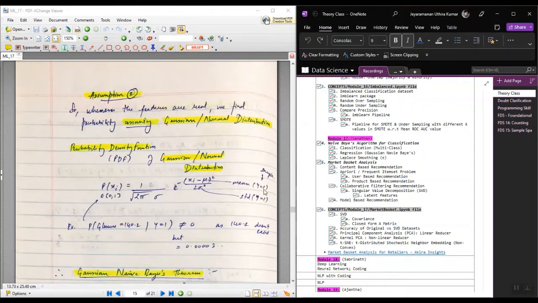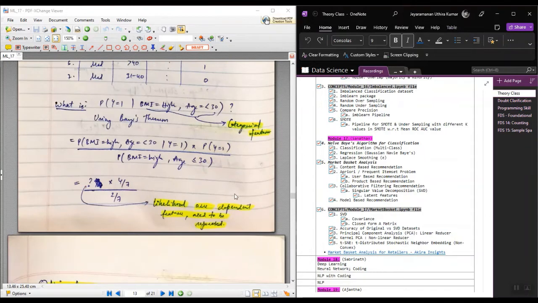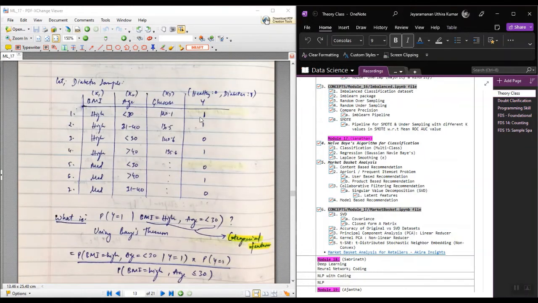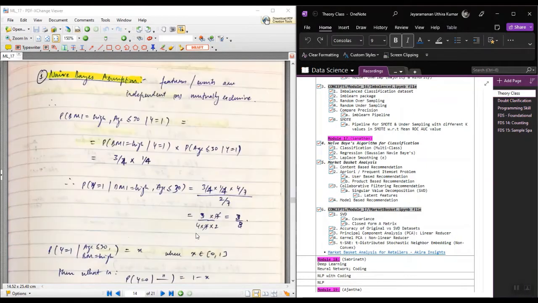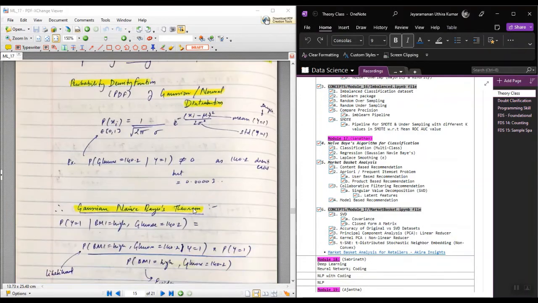Okay, if you ask, say, what is the probability that it is a diabetes patient? Diabetes patient means only those samples, say 1, 1, 1, whichever are 1, only those glucose samples will be taken, and the mean of those samples will be used here, and the standard deviation will be used here. Okay, so in this case,